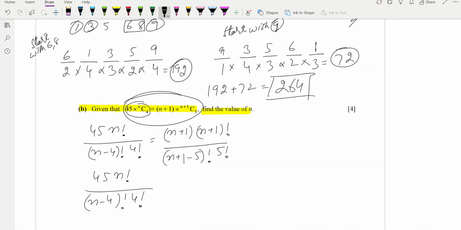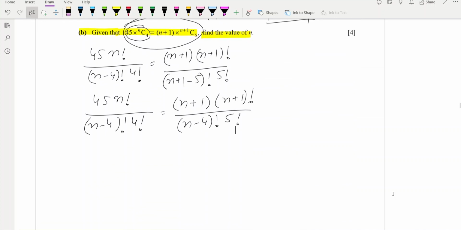4 factorial is equal to (n plus 1) into (n plus 1) factorial over (n minus 4 plus 1 minus 5), which will be n minus 4 factorial and 5 factorial, and we can cancel these two, this one and this one. Our equation will be what? 45 is equal to (n plus 1) into (n plus 1) factorial, and this one we can write n factorial